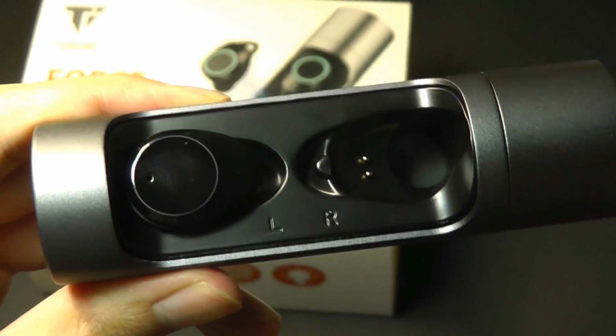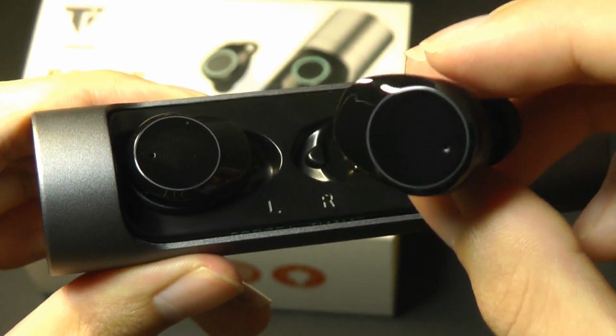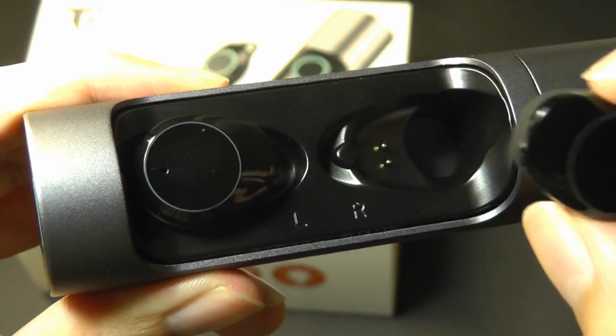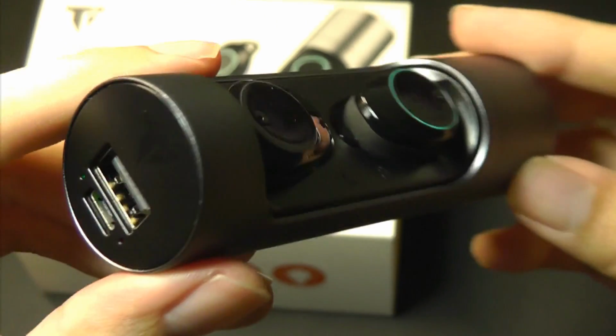So these earbuds are attached just using magnets. They can be popped out, and once you pop them out, it turns a bluish color. That means they've entered the pairing mode with your device, and when you put them back into the case, it immediately goes back into the...